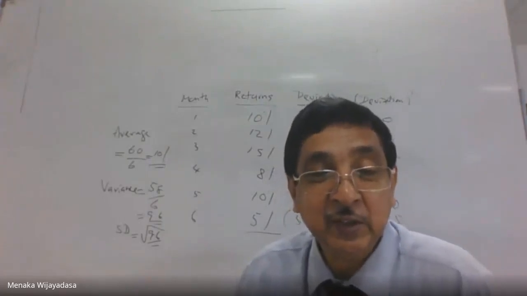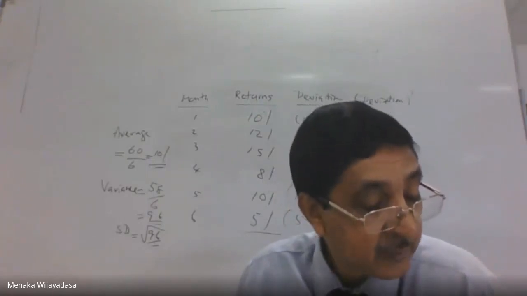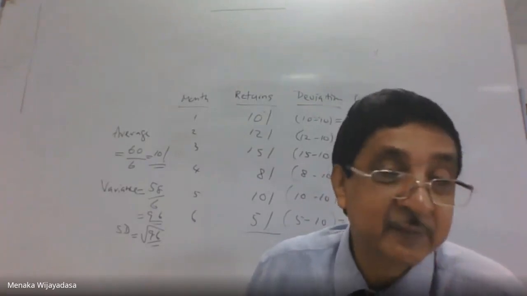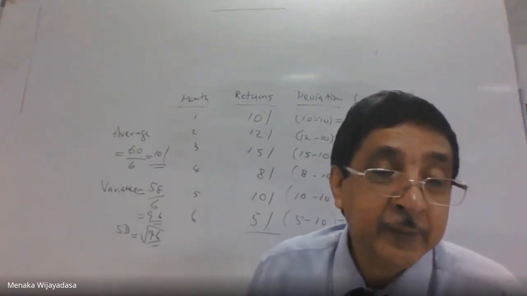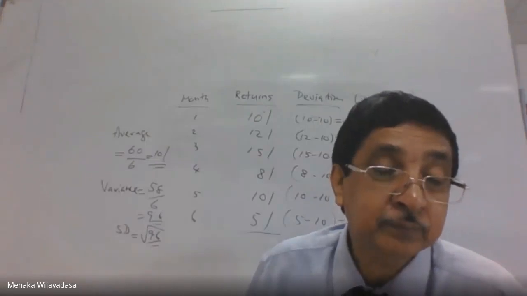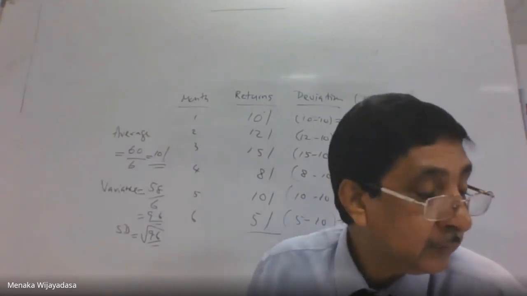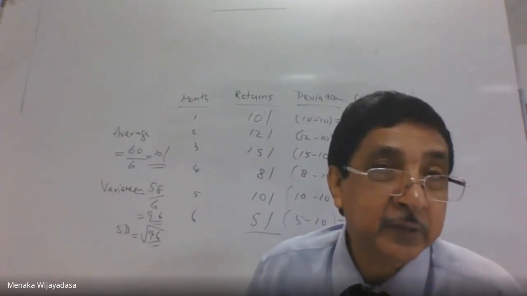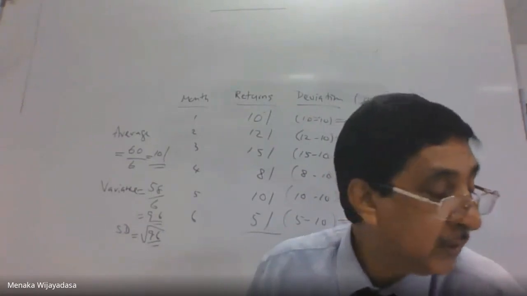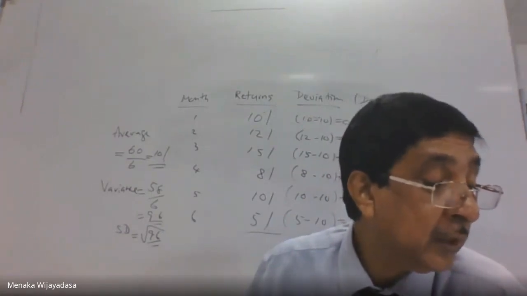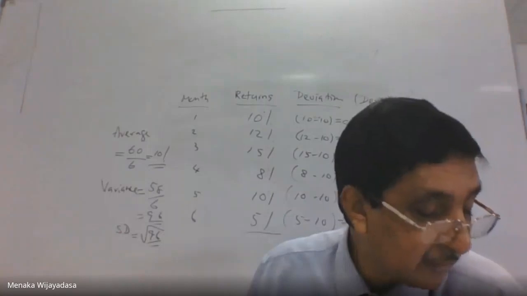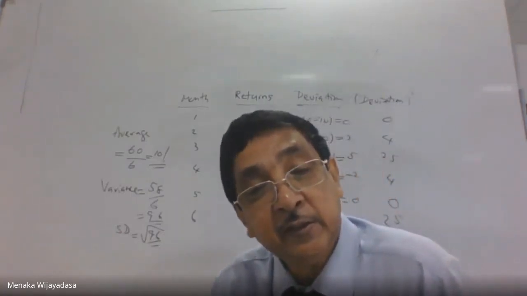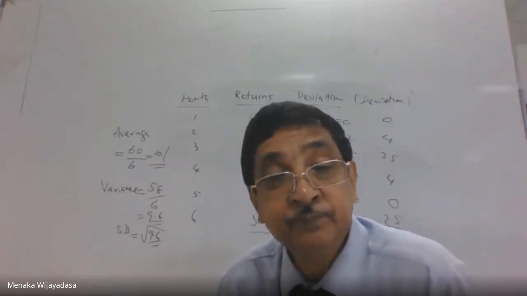Right? I think you got a good chance, and you try your best to work out these sums. And if you have any question, I will give my telephone numbers and all. Then you can just talk to me if you have any issues. You try your best to work out these sums. There are 4 sums given at the end of the lesson. Right? With that, I end today's session.